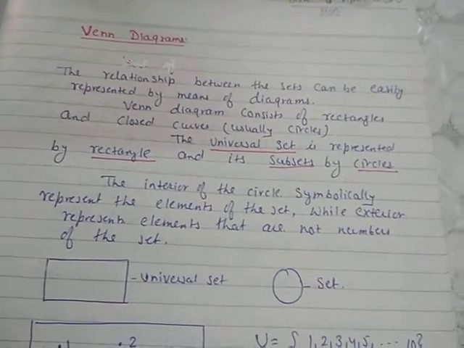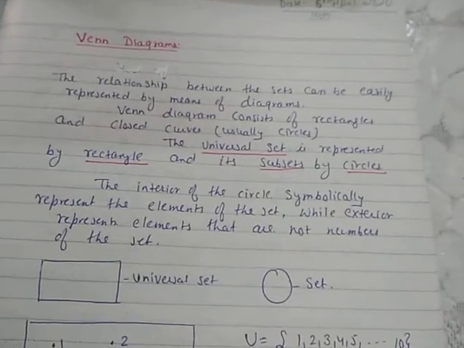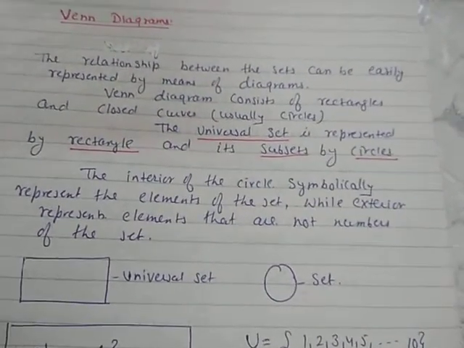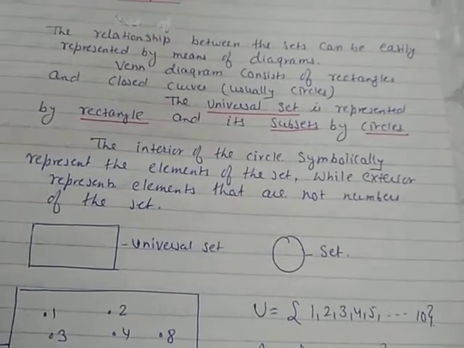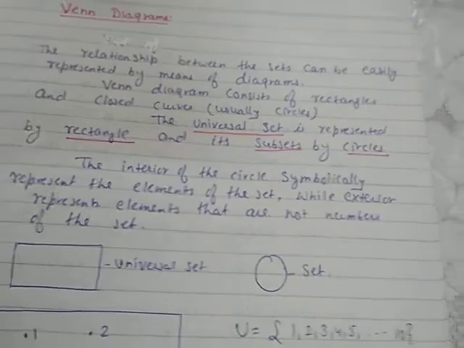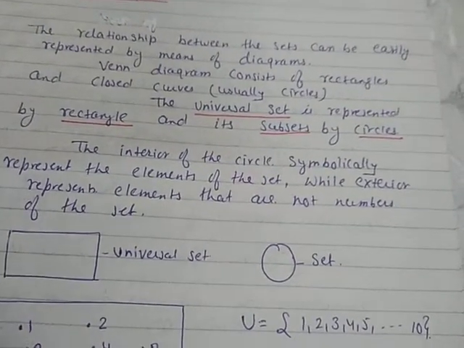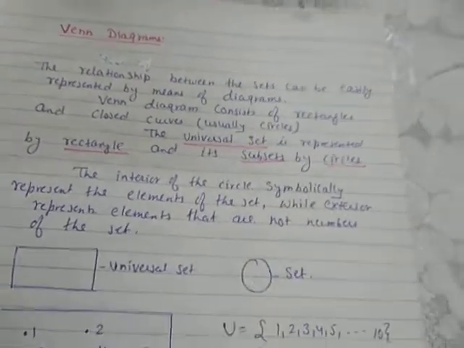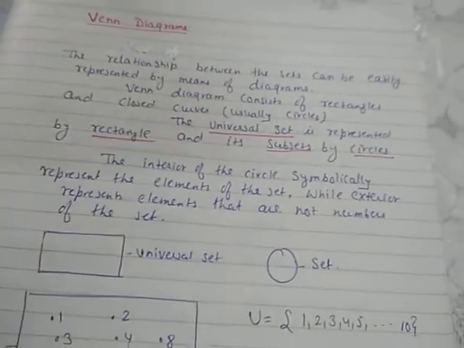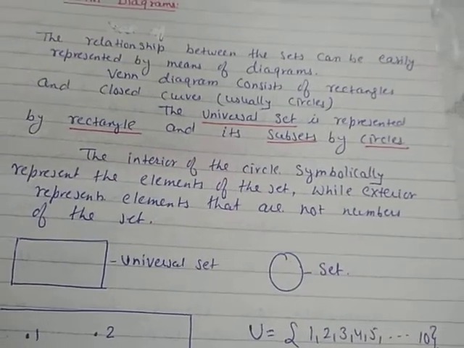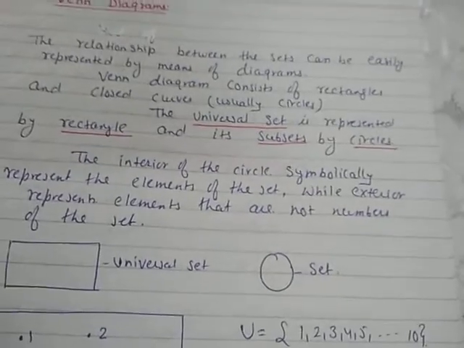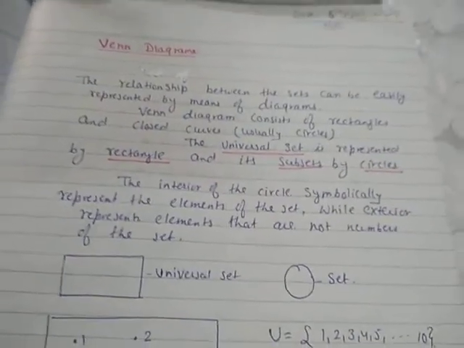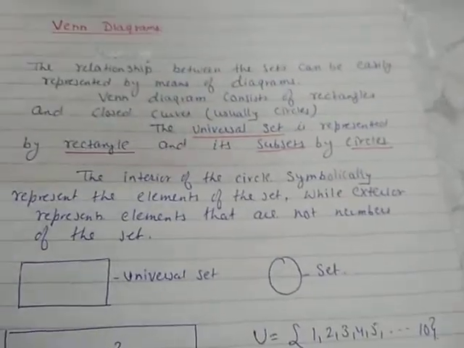First, representation of sets, that is roster form and set builder form. That was in exercise 1.1. Then in 1.2 we learned types of sets: empty set, finite set, infinite set and equal sets. Then in exercise 1.3 we learned universal set, power set and subsets. Okay, now in exercise 1.4 the topics are Venn diagram and operations on sets.